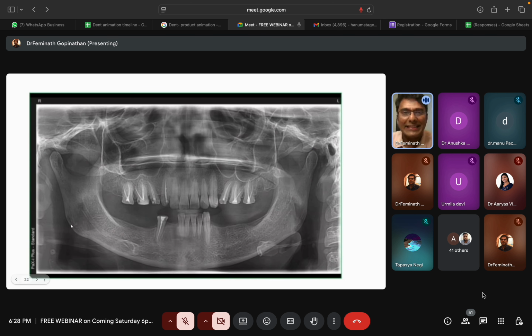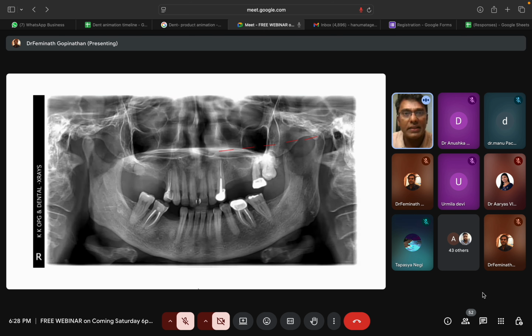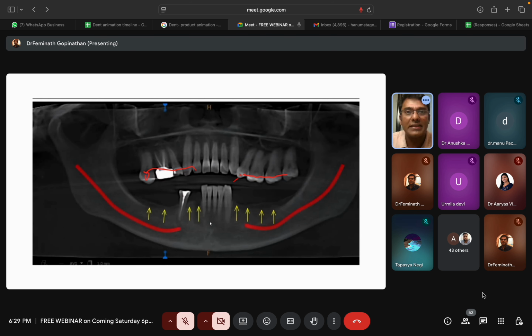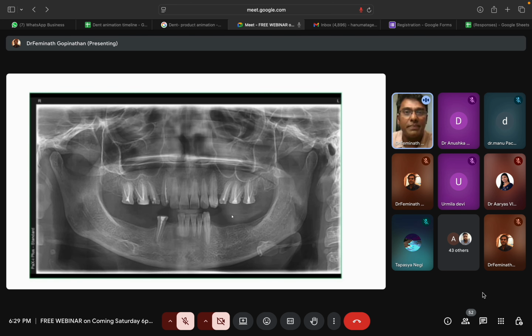Now see this case. This case has been referred to me, and I had asked them to correct the plane of occlusion and then send the OPG. Now here you see the plane has been corrected. I will show you the same X-ray, same thing. This was a case which was sent. I asked them to correct the plane and send me the OPG after correction of the plane. See, this plane has been kind of straightened down, but it is not. When you follow this plane, I'll just go and show you. When you follow this plane,